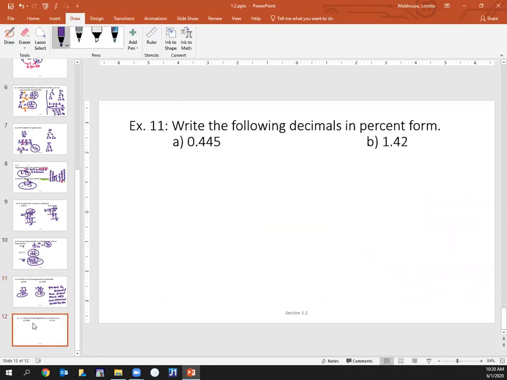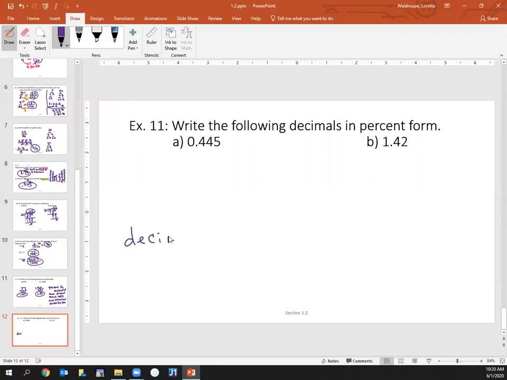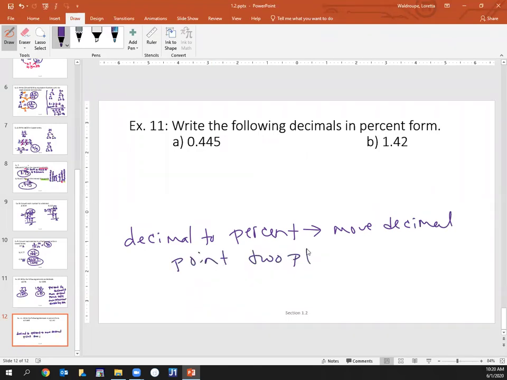Now when you're going from decimal to percent, it's just the opposite. You move the decimal point two places